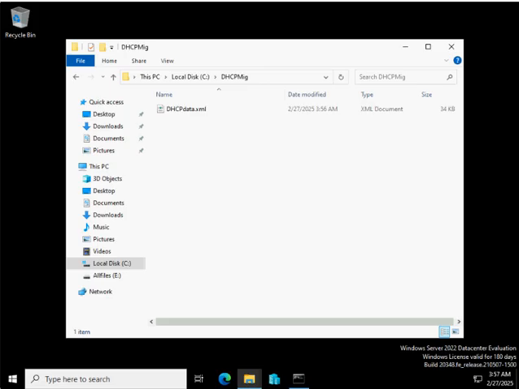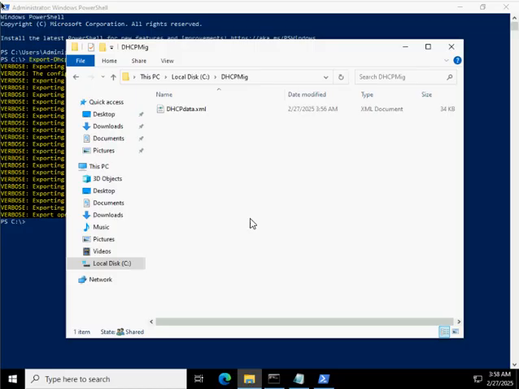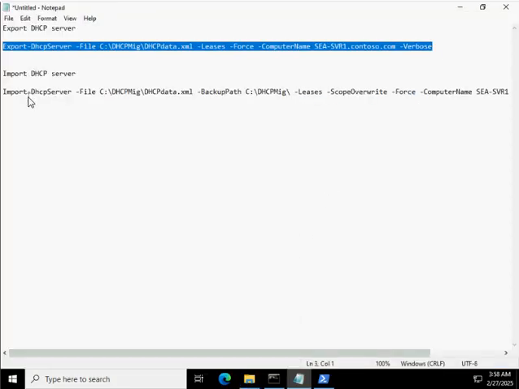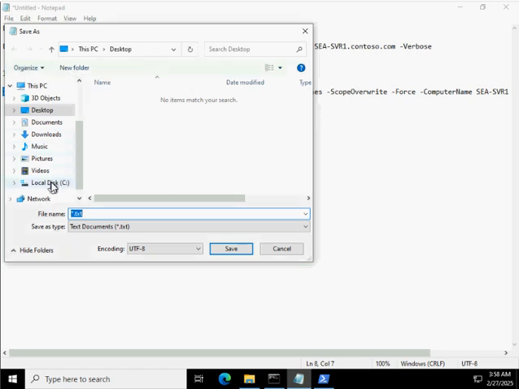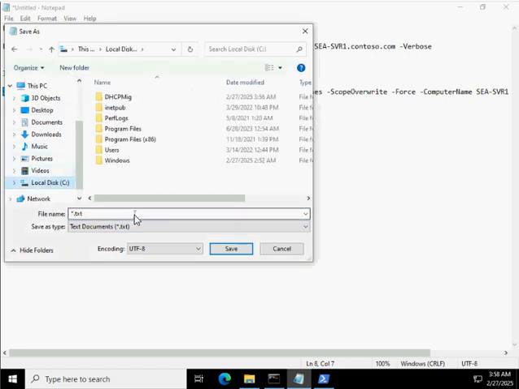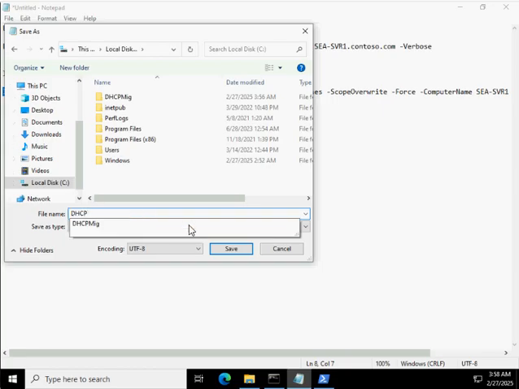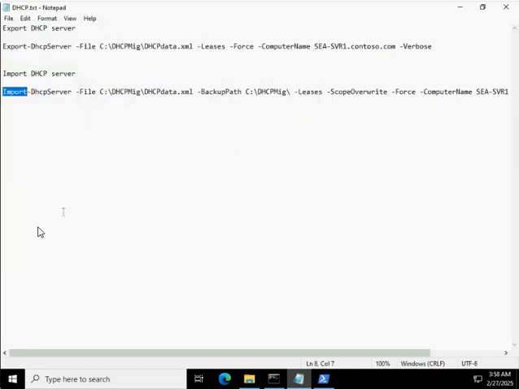The next thing that I need is the command to do the import. One extra step that we need to perform here is that we have to set up the backup path also, right, in the command.